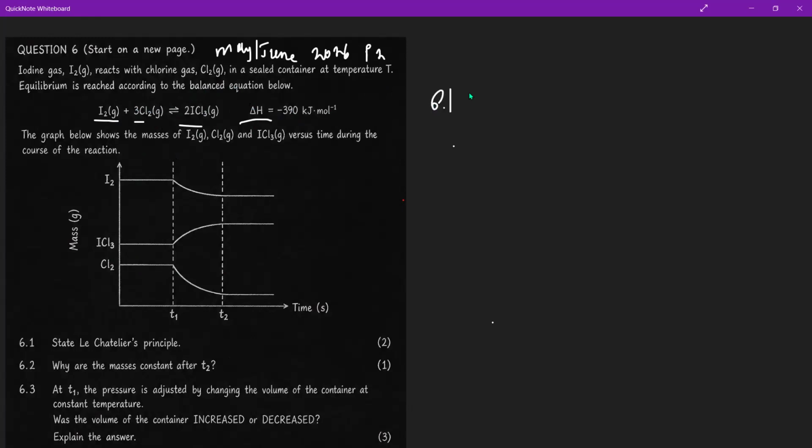6.1 asks for Le Chatelier's principle. So Le Chatelier's principle says that if a disturbance occurs in an isolated system,